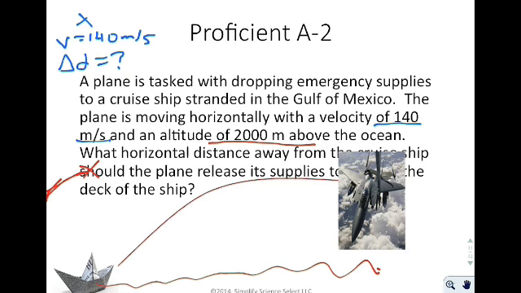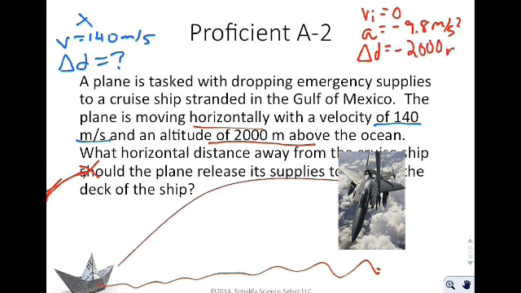So now we look at the y direction. When we look at the y direction, I know automatically that the initial velocity is 0. The reason why I know that is once again because it's moving horizontally. I also know that the acceleration is negative 9.8 meters per second squared because of gravity. And I also know that the displacement in this case, how far it falls, is a negative 2,000